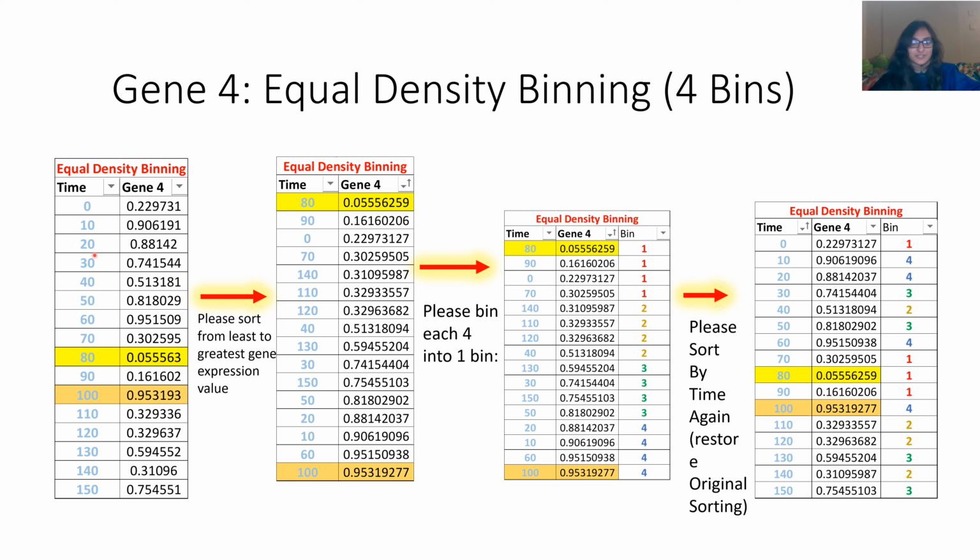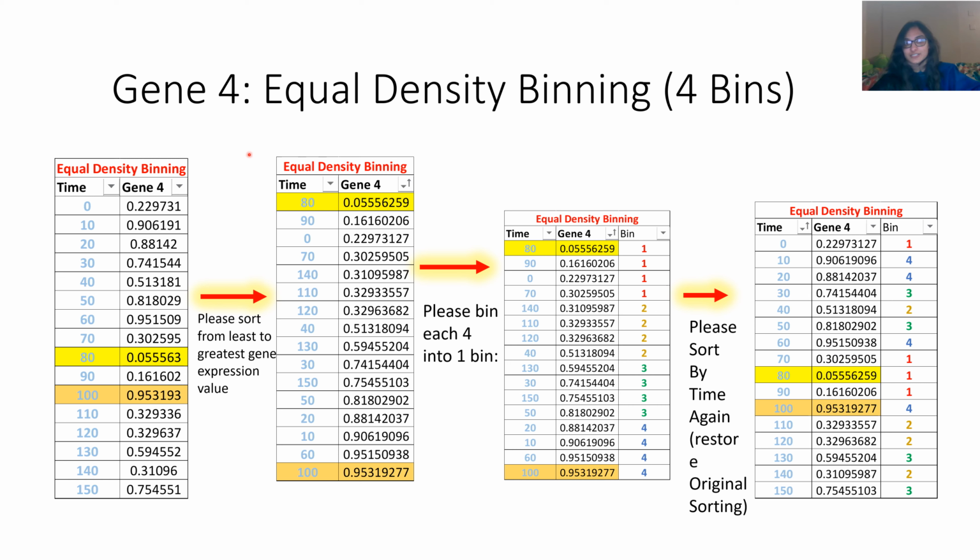And you can do the same thing for gene 4, where we see these values are sorted originally by time, from time 0 to 150. Then we sort by minimum to maximum gene expression value. Then we place 4 in each bin sequentially. These 4 make it into bin 1, then these next 4 expression values make it into bin 2. Then the next 4 make it into bin 3, and the 4 highest make it into bin 4. And then we sorted on expression value to get it, and then we restored the original sorting, which was by time. And this shows how we have gotten the bins for each time point using the